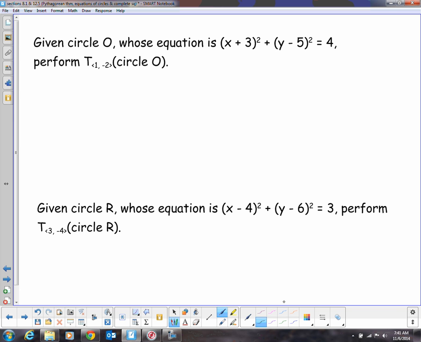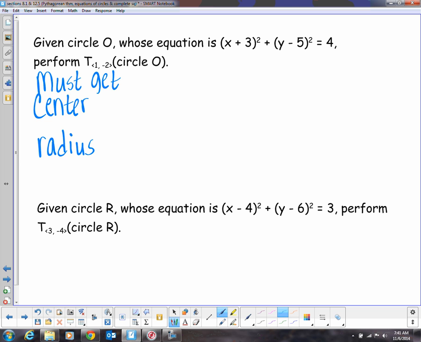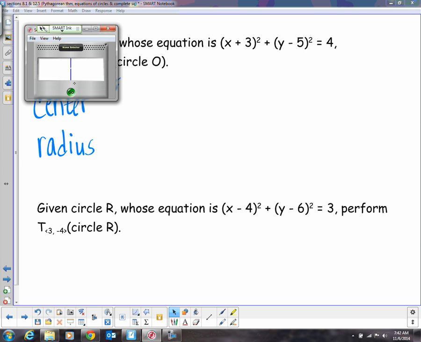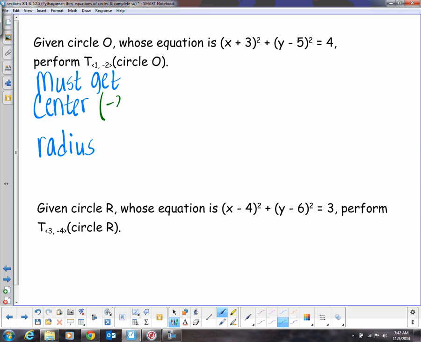Okay. So when you dilate or translate, you must get the center and then radius before you do anything. So my center is what? Oh, wait a minute. So this skill is really important. Tommy, what's my center? 5. All right. And my radius